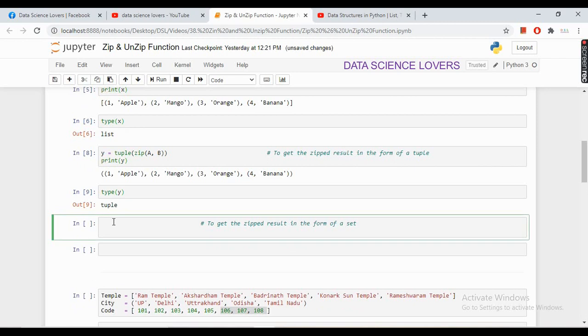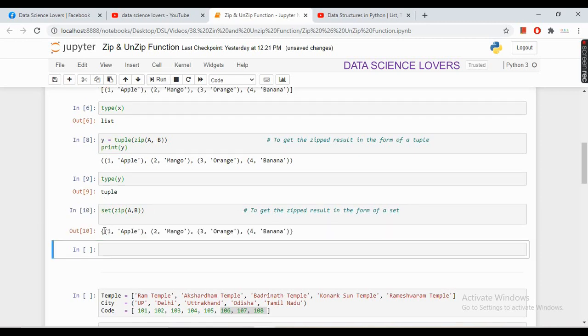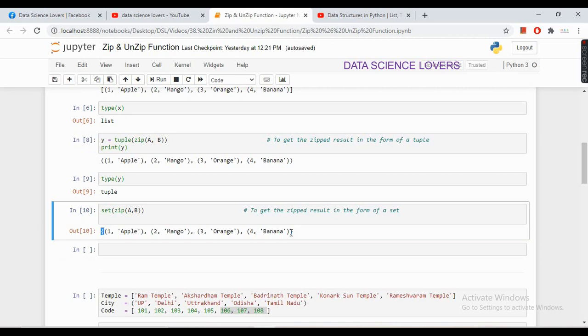Now to get the zip result in the form of a set, we have to pass set instead of tuple, and inside set we have to pass the zip function and our first iterable A and our second iterable B. If I run this, then the output now is in the form of a set, which is defined by these curly braces.